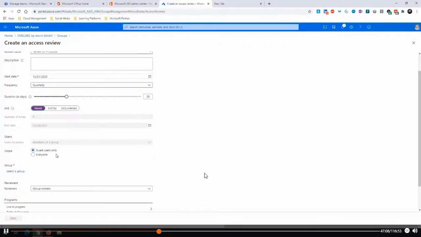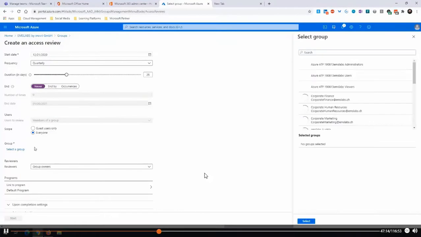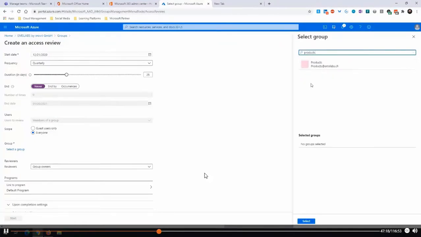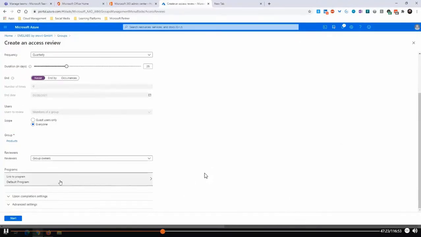It never ends. It's scoping to everyone, for example, and the reviewers are the group owners of this specific group, like the products here, what we have seen. We can also link it to a program. I have just one program in this tenant for guest access, so I leave it on the default program.